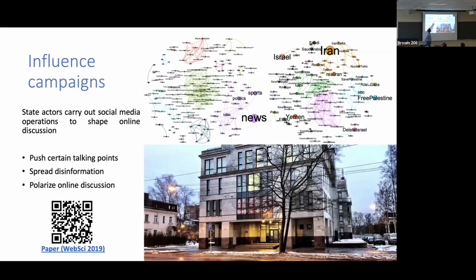The Russian-sponsored accounts were talking a lot about contentious issues like Black Lives Matter, police brutality, and so on. But they were also talking about politics, sports, and so on. The Iranian ones were mostly talking about Middle Eastern issues. We also found that these accounts were often reused, in the sense that you have a Twitter account and creating